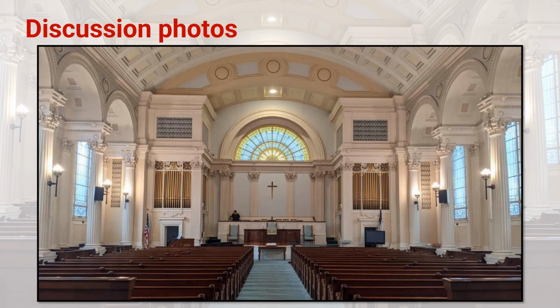So this is just a discussion photo. This is my home church in Connecticut after we relamped it. You can see the torch lights on the columns are all the Fight Enhance high CRI bulbs in warm white, 100 watt equivalents, so 17 watts. Much brighter, the color is much crisper. The light over the